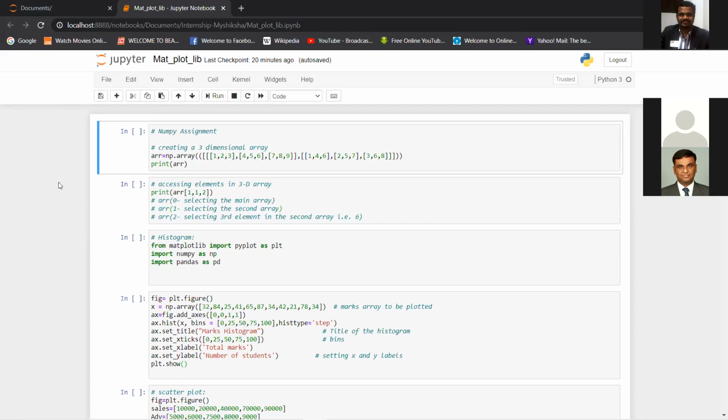Okay. So before we go to Matplotlib, I'll just very quickly recap something I gave as an assignment that I thought is very important to cover here. So, three-dimensional arrays, right? I saw people could do the first question, but this one is a little tricky, and you can explore this also parallelly and after the class as well. But I'll just cover how you access elements inside a three-dimensional array.